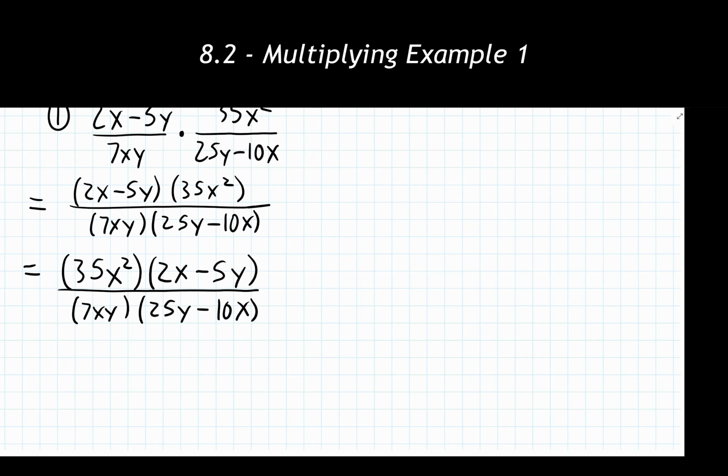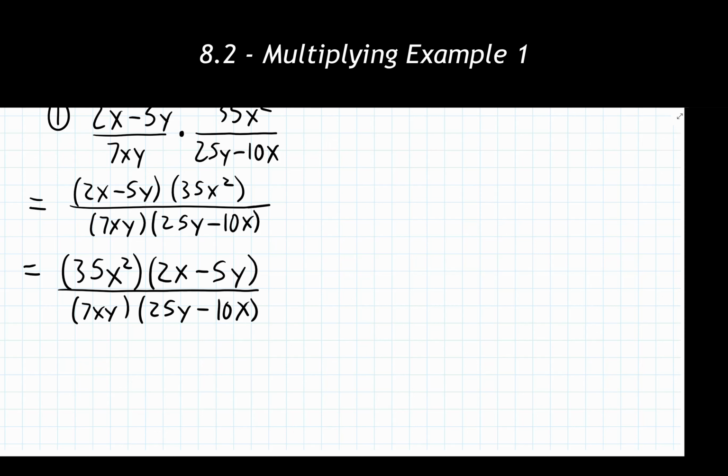So step 2, fully simplify the rational expression. Now remember, with simplifying, we need to look to see, can we factor anything and then simplify anything out. The reason I like putting the monomials first in the numerator and the denominator spots is because I can't actually factor anything out of monomials, and I can just directly look and say, well, hold on, I can cancel 35 and 7. I can cancel x squared and x down a little bit. So let's go through that.